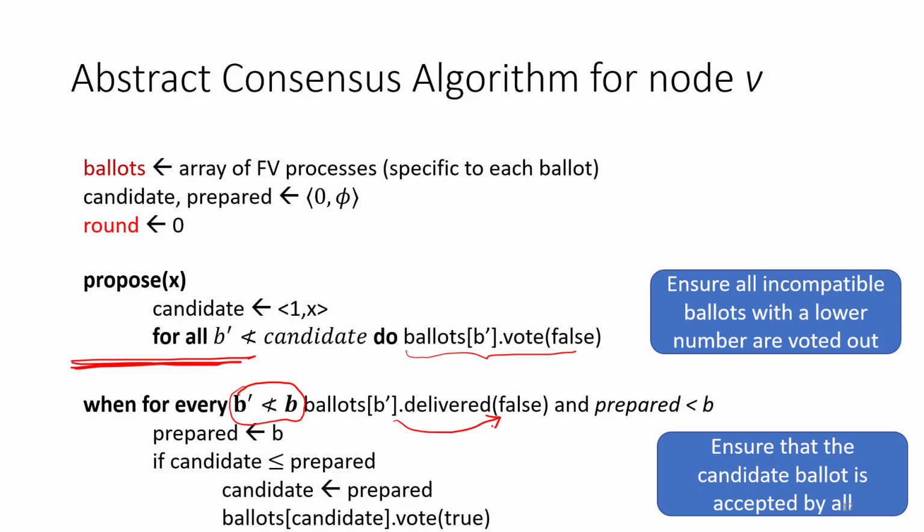Again, as I said, this process is not guaranteed, because if it was guaranteed, we would have used this as our consensus algorithm. But once all the lower and incompatible ballots are successfully invalidated, and we have not prepared a ballot which is as high as the current one, all right? That is also important, that it is not as high as the current one, because B is always the current ballot. Then what we do is set that to prepared. This is the same as if not voted, then vote. It's the same logic.